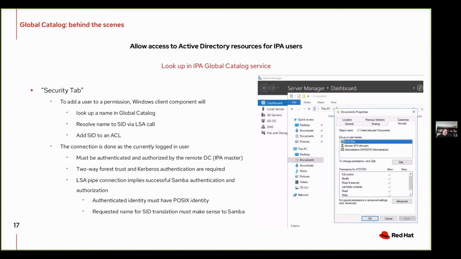And this is where it becomes interesting, because for Windows, talking to another domain controller is kind of easy. You just issue a call to your own domain controller. That one reroutes the request on your behalf to the domain controller of the domain that contains this user, and it's known as a trusted one.